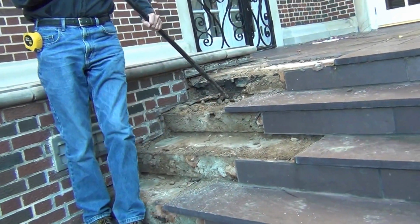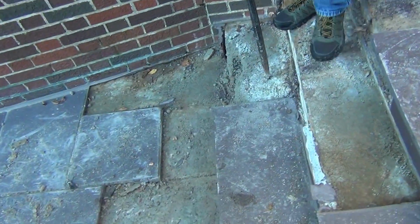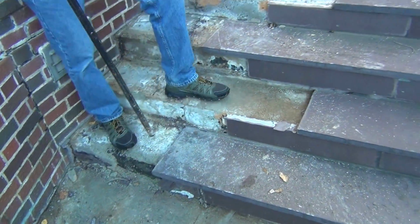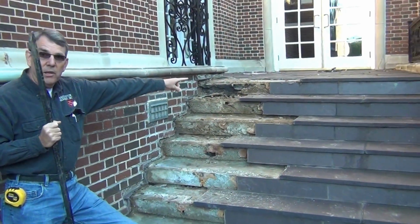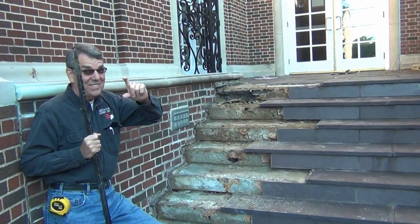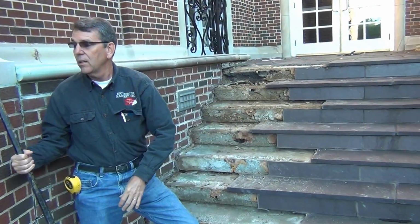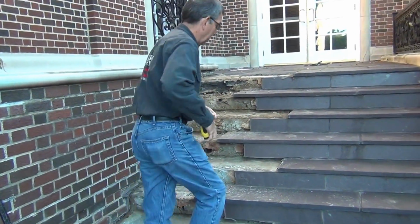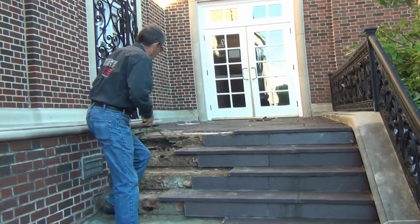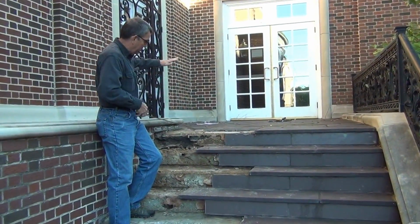Well, the way that works is you would start down here and we would add just a little bit. Say we lose 2 inches up there to get our fall, or maybe even 3 inches with the thickness. It could be 3 inches of the underlying base concrete. We tear out 3 inches of that? No. I mean, you're gonna have to tear out the whole thing, but if you pour it back,